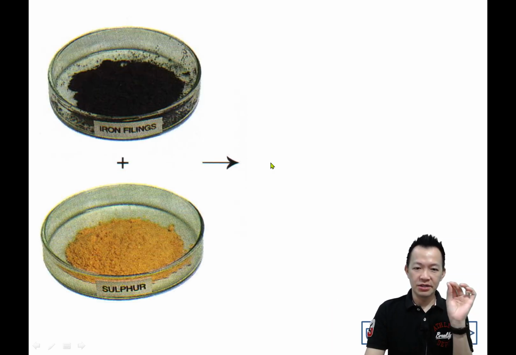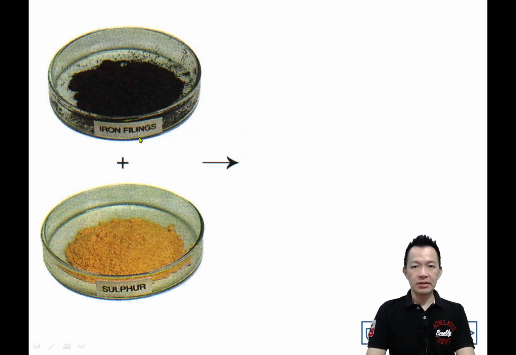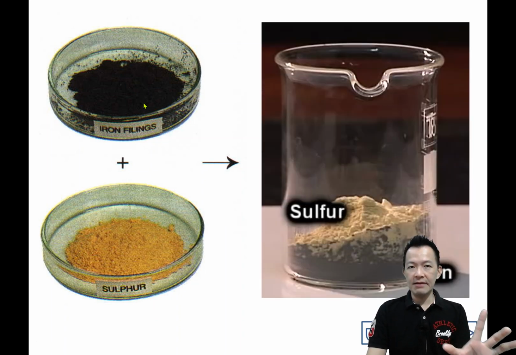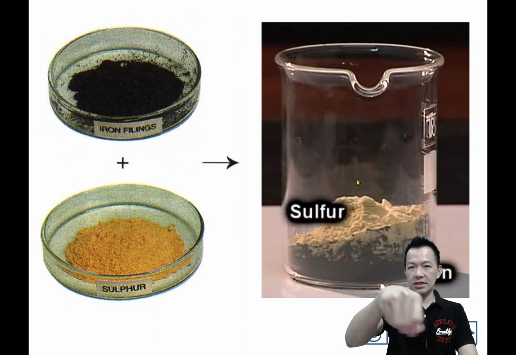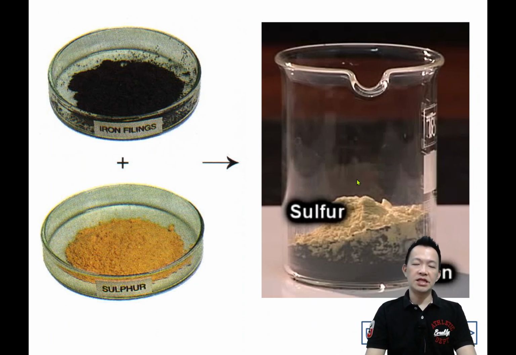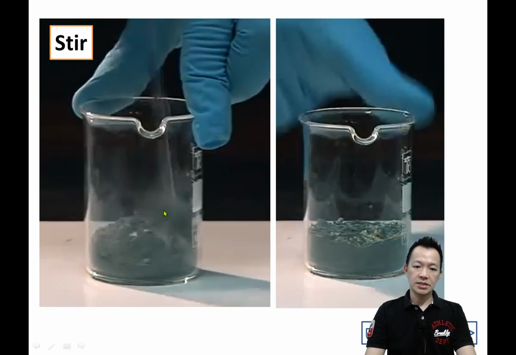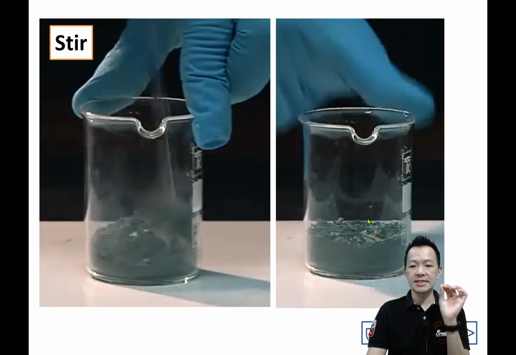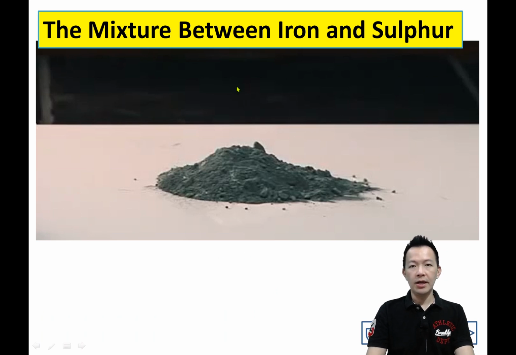So now I'm going to prepare the mixture first. I prepare some iron filings, 铁粉, and I prepare some sulfur powder, 硫磺粉。 So now I mix the iron filings and sulfur together into a beaker. 我把铁粉、硫磺粉倒下去了。Okay, and I just stir 搅它一下。 And now what happens? They mix together. 它们掺在一起。 So I stir. They mix together. They become the mixture of iron and sulfur. 它就变成了硫磺和铁的混合物，一堆东西啦，硫磺和铁的混合物。